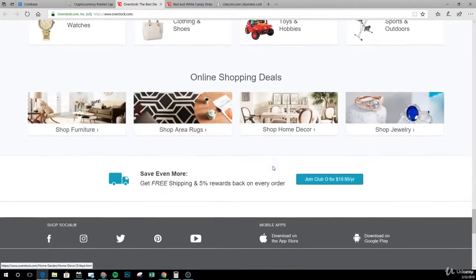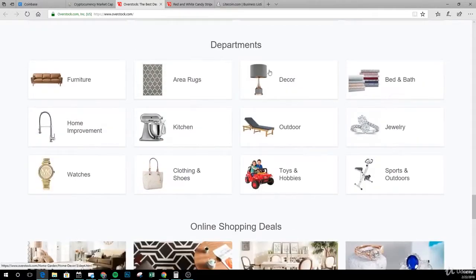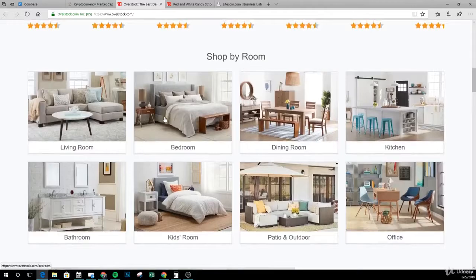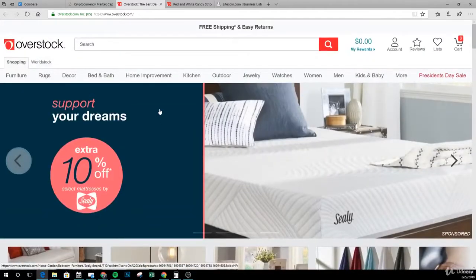So if you're not familiar with Overstock.com, they have tons of different categories and departments. You can see there's furniture, area rugs, decor, bed and bath, toys and hobbies, kitchen, watches, clothing, all that stuff. So there really are a lot of different items that you can buy on here using cryptocurrency. And just to clarify, in case anyone thinks otherwise, I have no relationship with this company. I just found it online and they accept cryptocurrency, and I'm excited now to do a test transaction on here